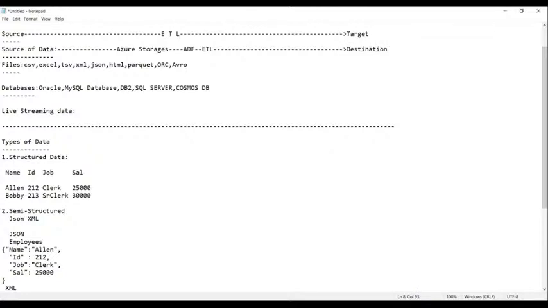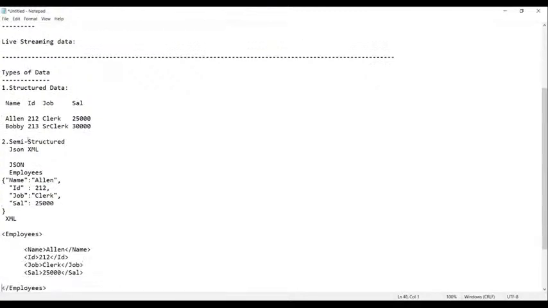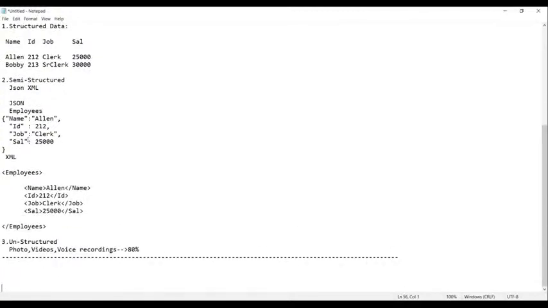So now, what are the storages we have, and which storage stores what type of data? Let us try to see this. Everyone knows now what the source is and what the types of data are.